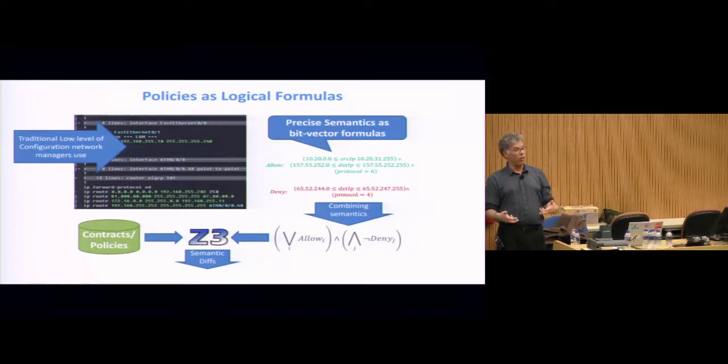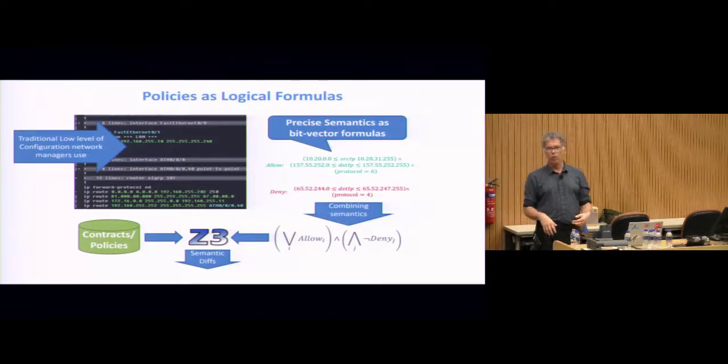Now, the way SAT solvers work and the way Z3 works is that whenever they find a counterexample, they produce a model, which is actually a concrete value. You saw that with the C# program, it came up with a value. But here you're talking about IP address ranges, so what does a counterexample look like? Well, it could be hundreds of IP addresses, a very large number of values.